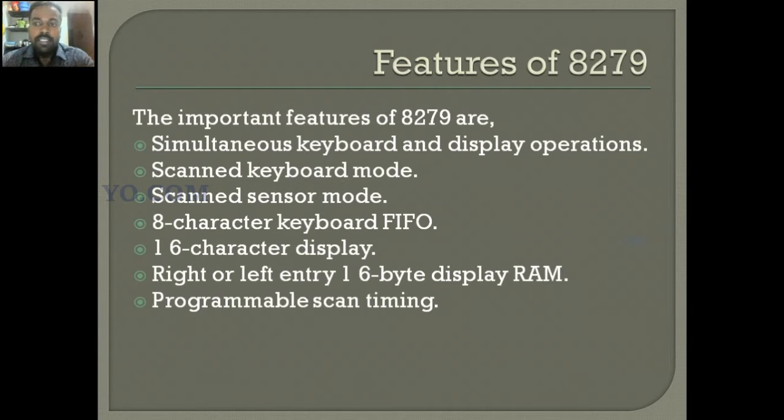So first we are going to see the features of 8279. So what are the features? The first one, simultaneous keyboard and display operations. So this IC can connect a keyboard and a display device simultaneously. It receives input from the keyboard and produces output to the display device at the same time.